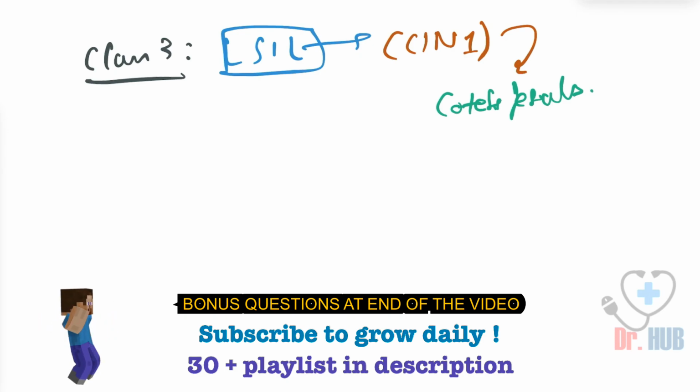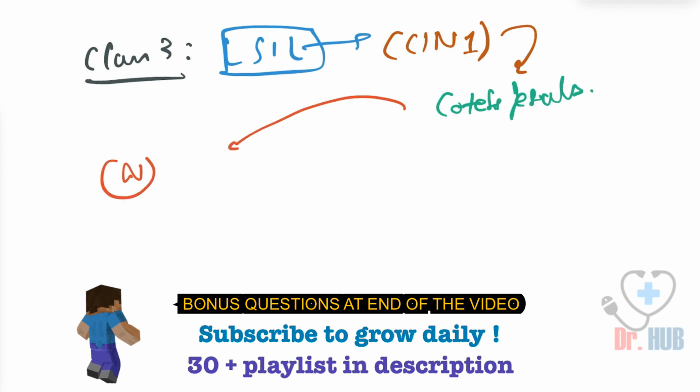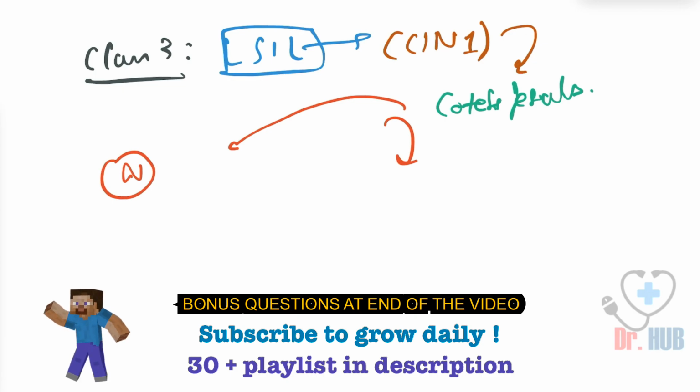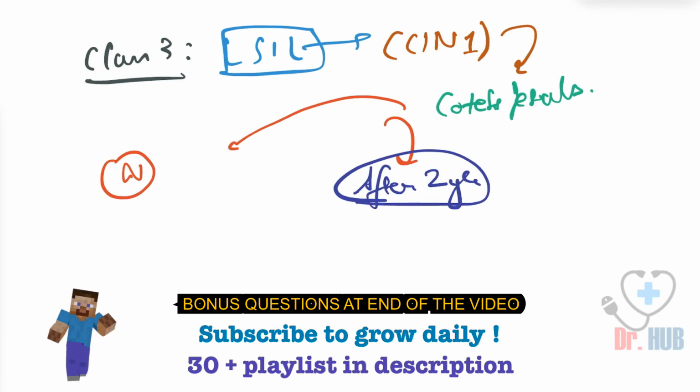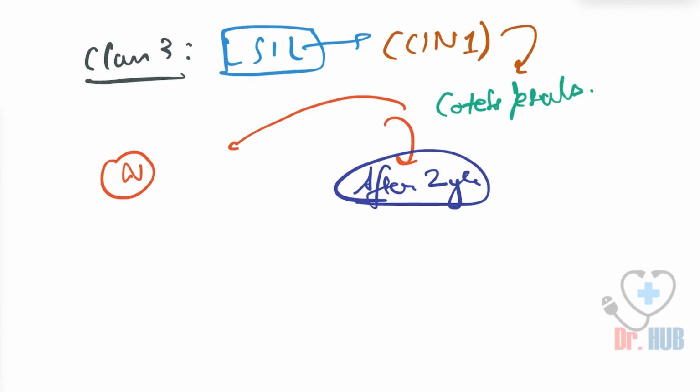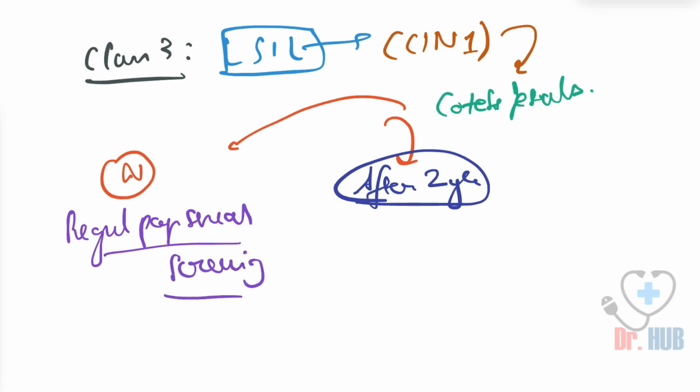And there are two outcomes: it can be normal, or it can persist after 2 years. In case it is normal, there is regular pap smear screening. So this is what happens. And then when it persists after 2 years,